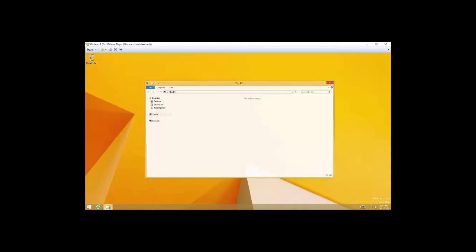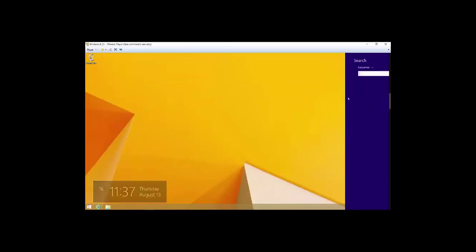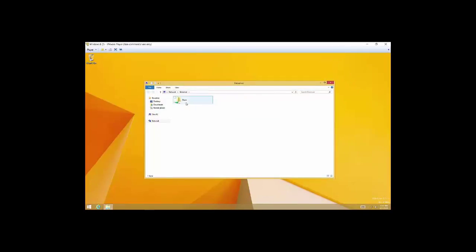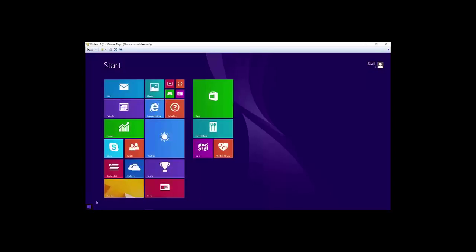Now I will go to the shared files and show that it can only access the files it's allowed to. Let's go to the file server, to the shared file, and see it's only found the folder it's allowed to use. So it's guest, it's able to enter, public, and staff. So now if I log out of this account,